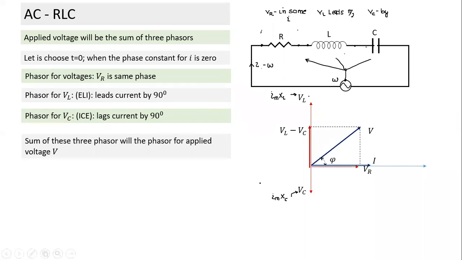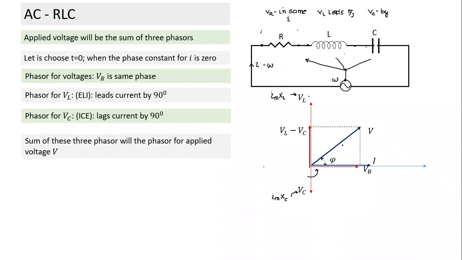Do we understand lead and lag? Which one is leading here? Can we spot which phasor is leading? The phasor rotates in this direction, and here V is leading. V is leading by how much? There is a phase difference of phi, and V is ahead of current by angle phi.